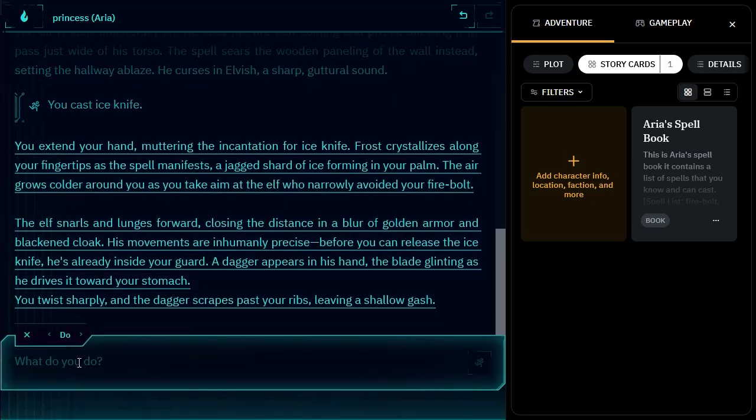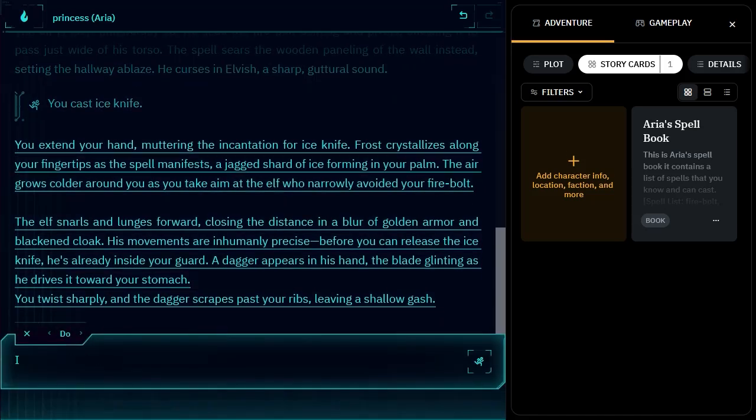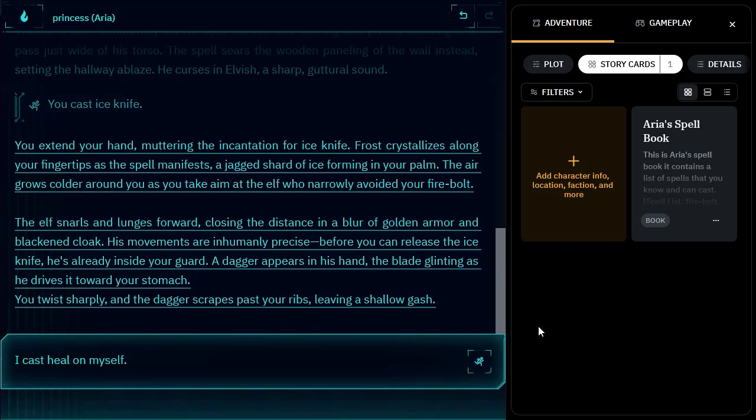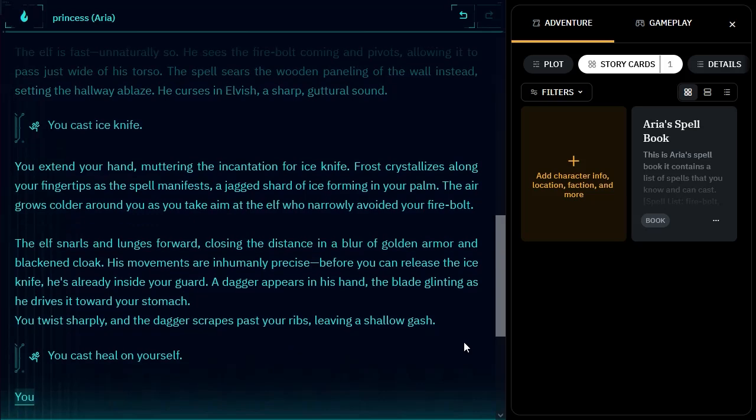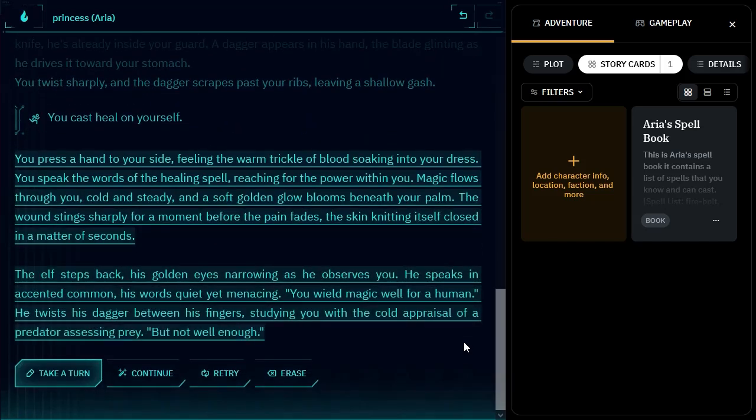Well, this will be the last test. So uppercase I, cast heal on my SELF. And he's going to come around with his dagger and jam it in my temple. All right. Let's see. Come on, sputter out for me, please. You press a hand to your side, feeling warm trickle of blood soaking through your dress. You speak the words of the healing spell, reaching for the power within you. Magic flows through you, cold and steady, and a soft golden